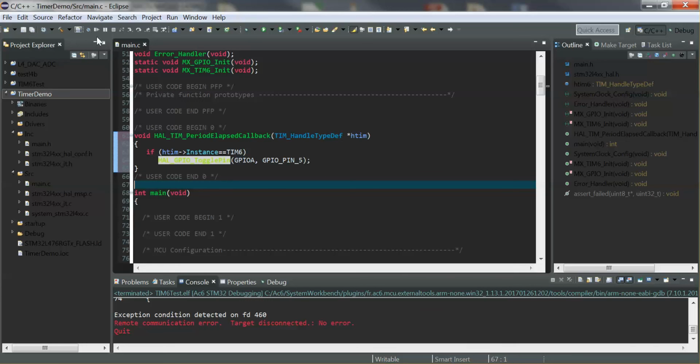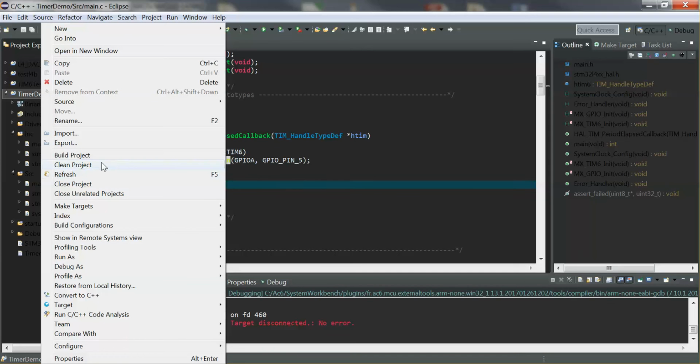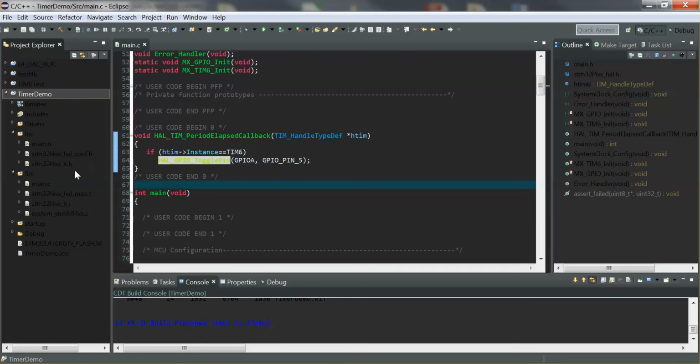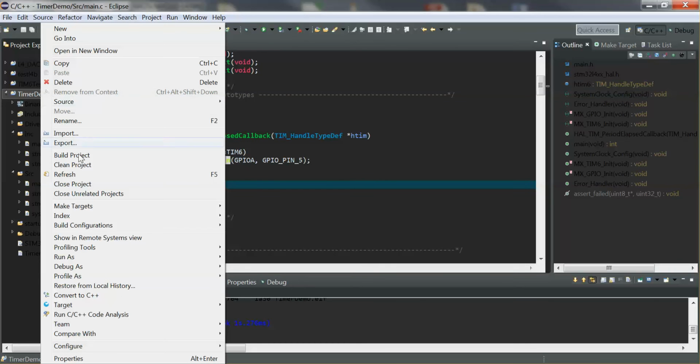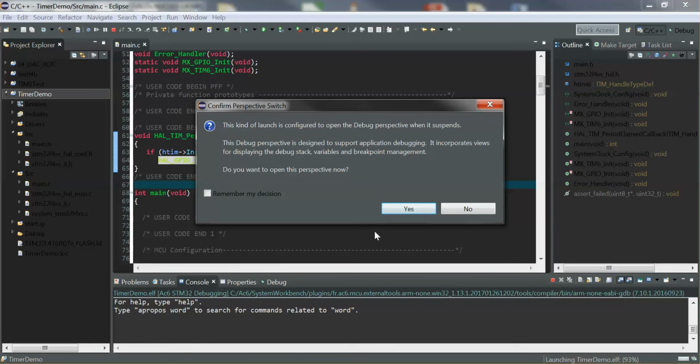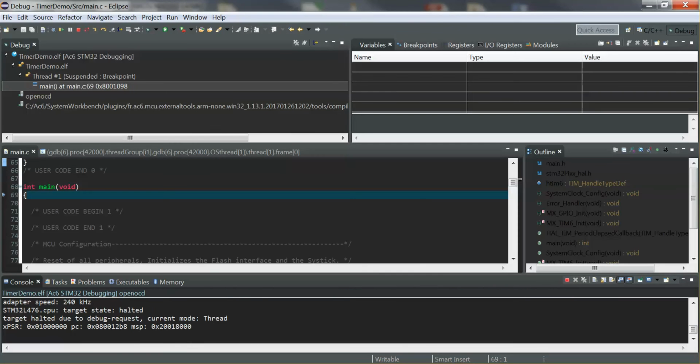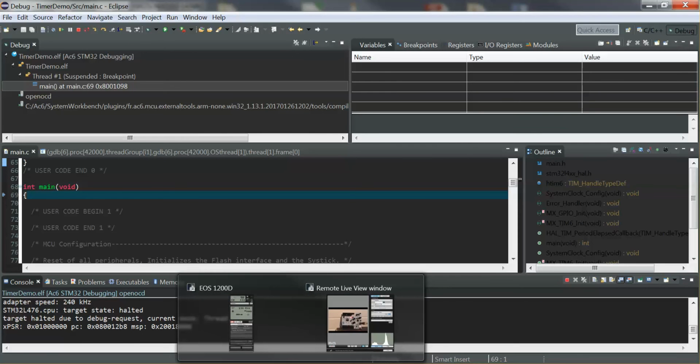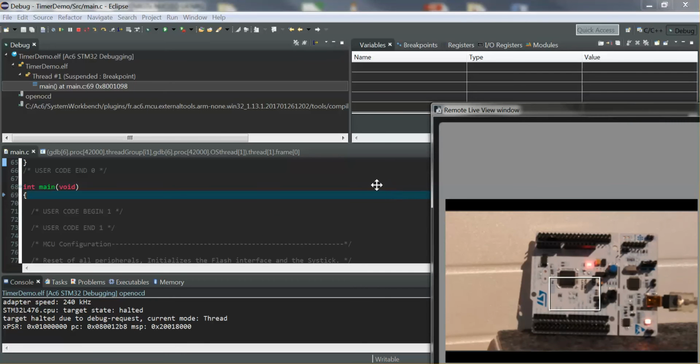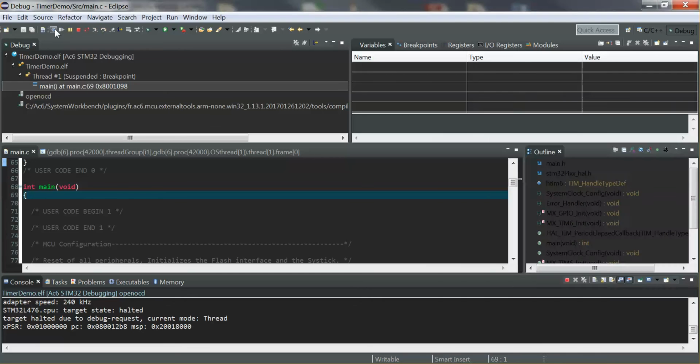So we just build it again. And also, when you have more than one project, you may end up debugging the wrong one. So a good thing is you just go here, you go like Debug As, AC6 STM32 C/C++ Application. Now it compiled, it loaded whatever is needed on the board, but obviously we didn't start the code yet, so there's no blinking, right? So let's start and then go back to the